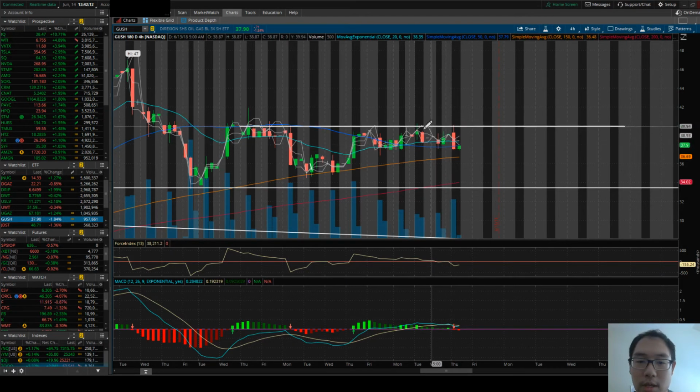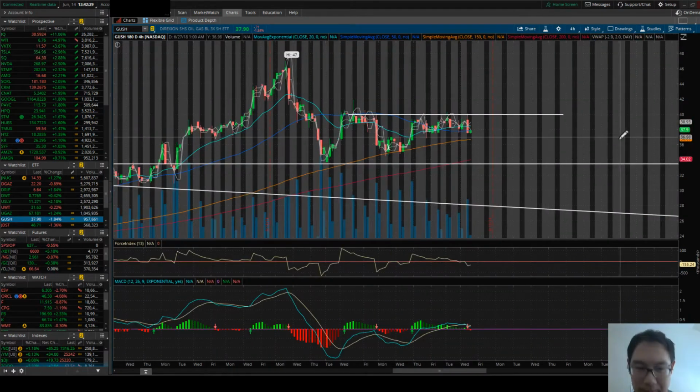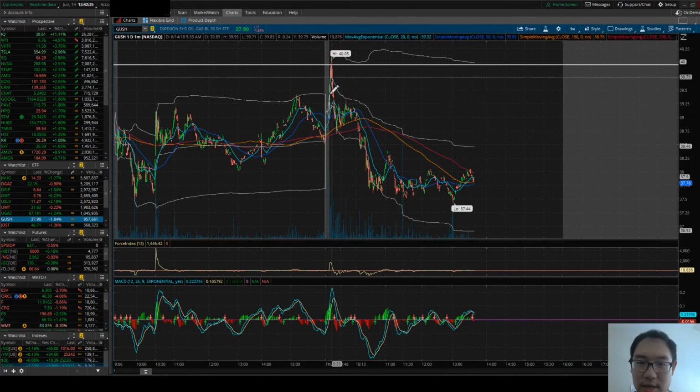But again, just be cautious, because you can see that we're trending lower right now, and look how we consolidated sideways at the SMA for a little bit before we came back up, and we're getting squeezed in by this resistance and the SMA line. So that's just something to watch out for. Gush is falling. Let's look at intraday Gush. Yeah, so you guys can see that spike followed by